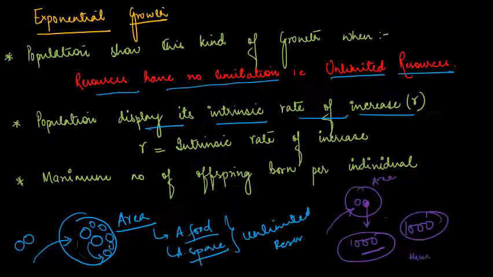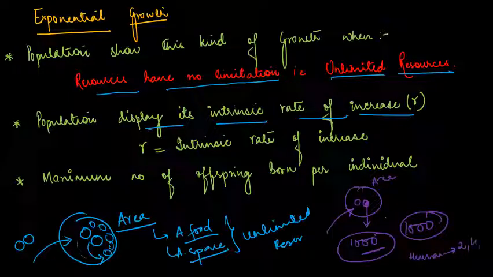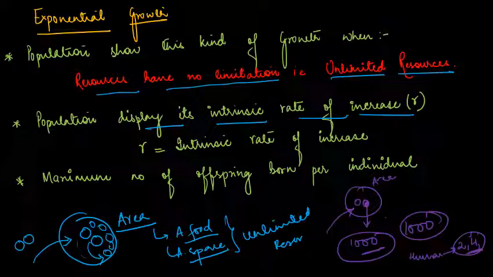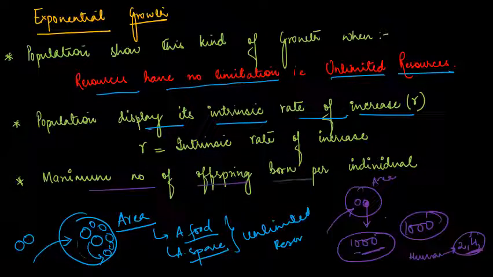In case of humans, suppose humans are having 2 kids, 4 kids, right? Not more than that nowadays. But do you think humans have only this much capacity to produce kids? No. Humans have more than this capacity, but they do not go to their maximum capacity to reproduce. So that's why we say that humans do not show intrinsic rate of increase. So organisms like bacteria, they have a maximum capacity of 1000, they give birth to 1000. So that is what we call intrinsic rate of increase or maximum reproduction ability. Clear? So maximum number of offspring born per individual.